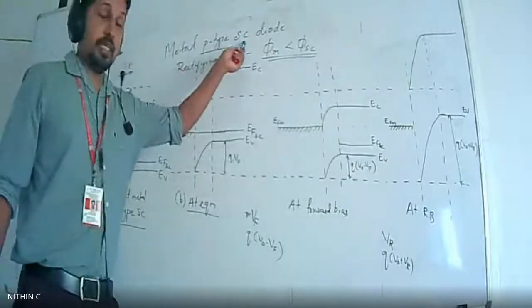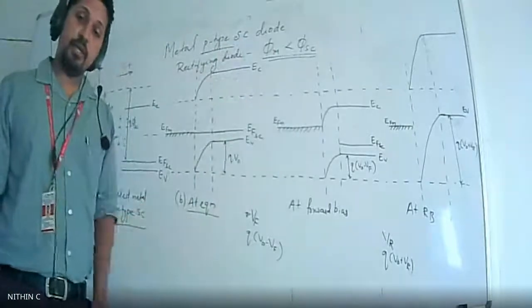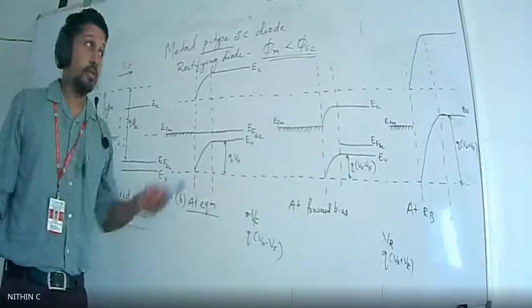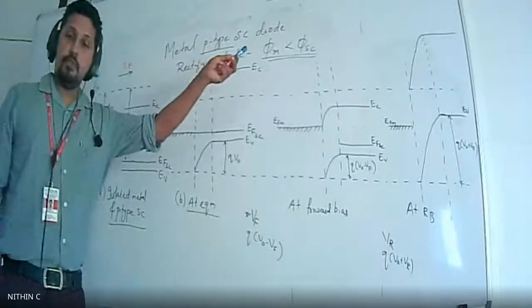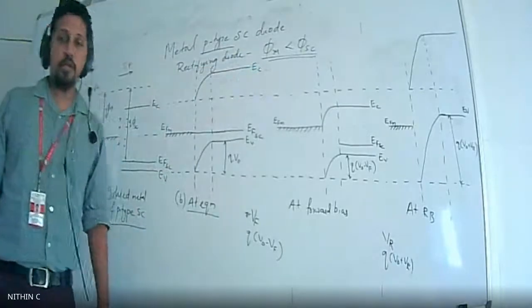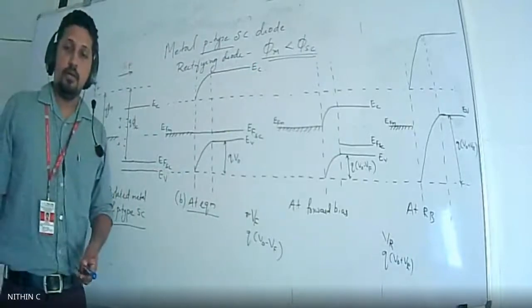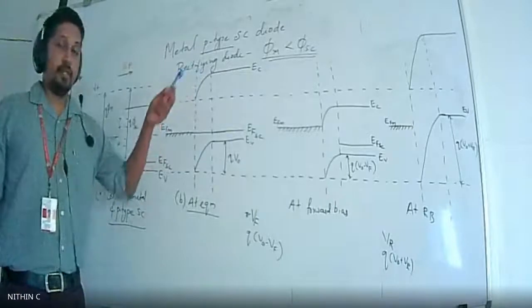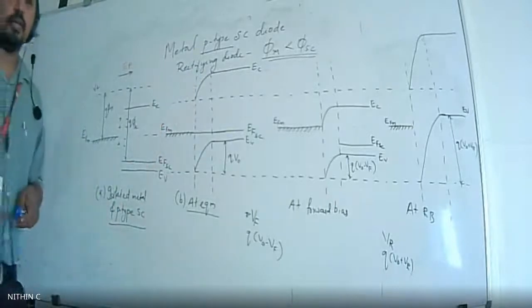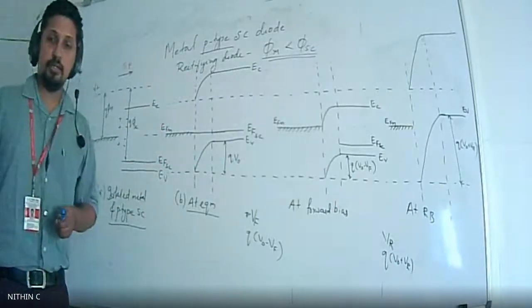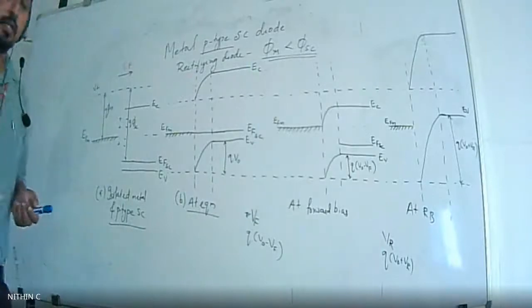The metal P-type semiconductor case. Metal N-type semiconductor case, we consider phi m greater than phi s. These two conditions we have seen. But we need to think of the other condition also. What? In metal N-type, ohmic contacts are formed. We should analyze that. So that is what we are going to see on the next level.